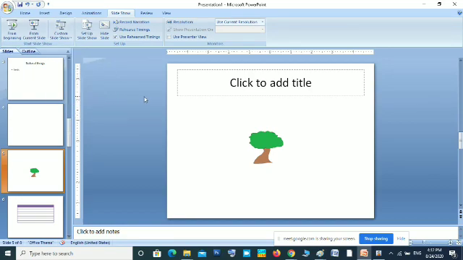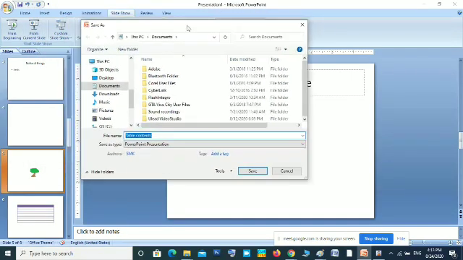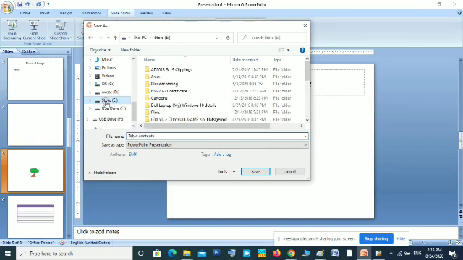Then the last topic in your textbook is saving a presentation, which all of you know. Just click the save button on the quick access toolbar. That is the easy method. Now a Save As dialog box will be displayed. In this dialog box, you have to select the location where you want to save your file. For example, if you want to save in the E drive, just select the E drive.